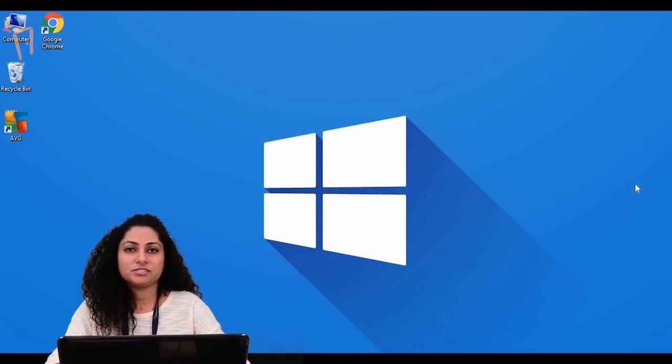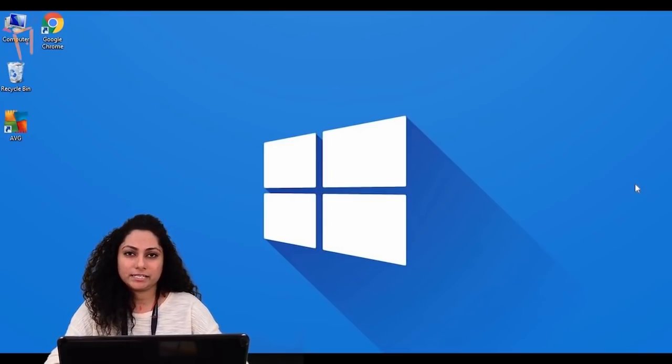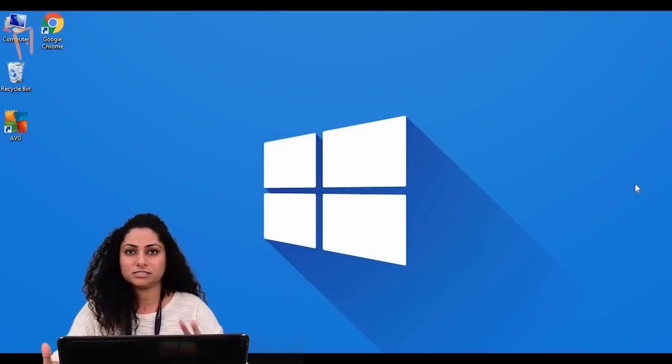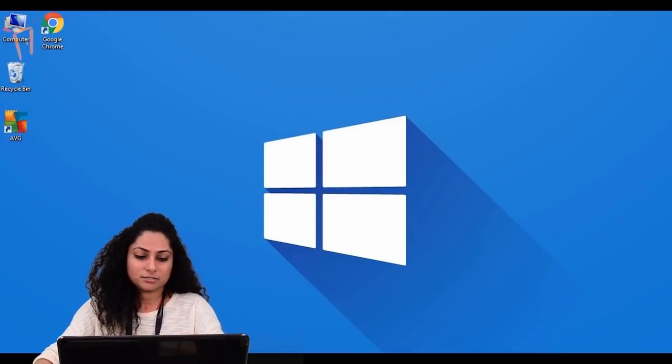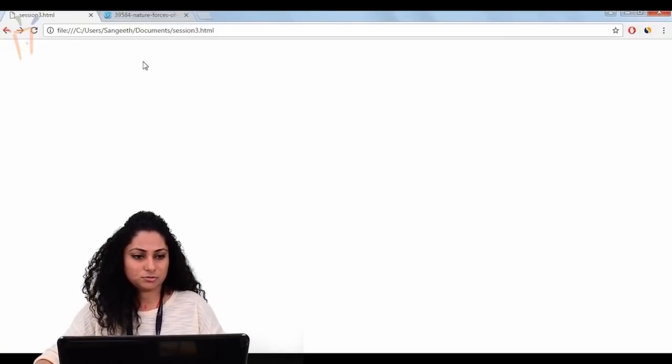In the last session, we discussed tags. In this session, we'll discuss attribute related tags. Attributes are basically the elements which will tell you about what all contents and what all things you are having and you are going to show. And here itself, I have created one